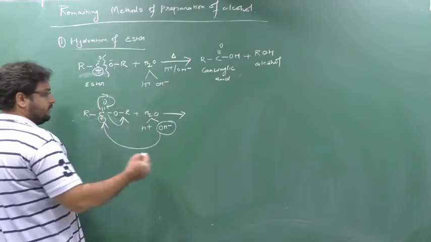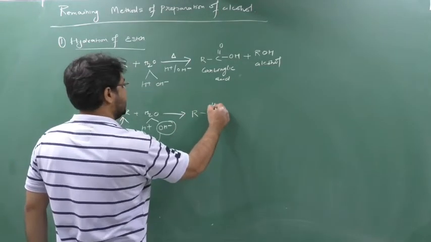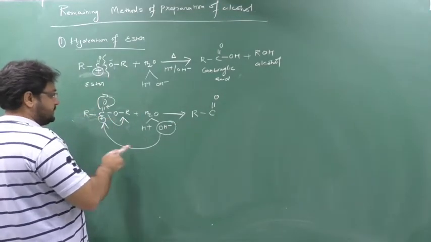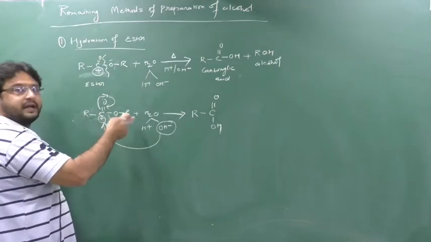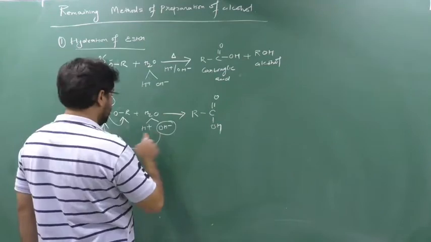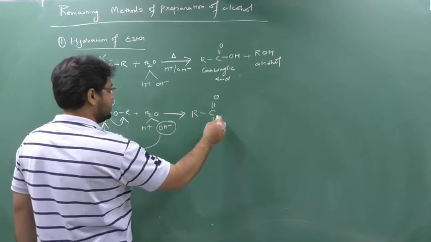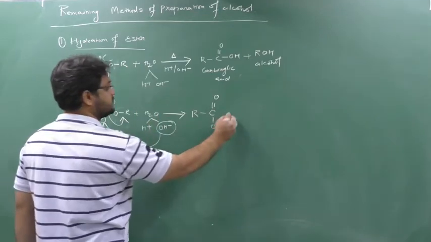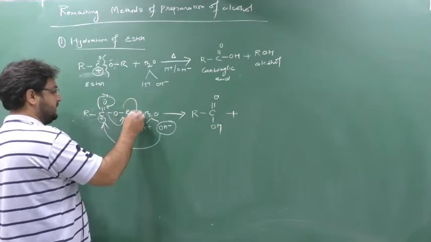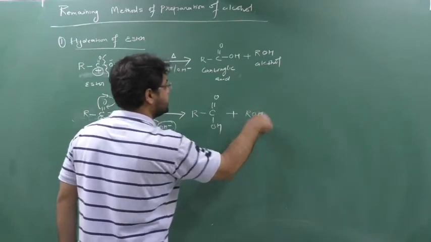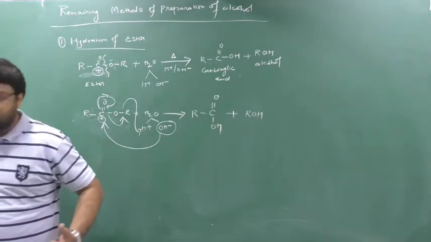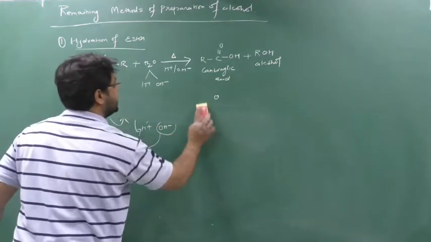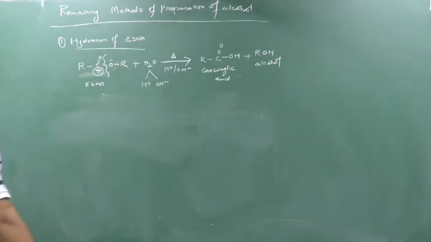So OR will leave. The double bond will be protected. This carbon is making a bond with OH, so OH will be formed, and OR will go. Remember, we have done this double attack in ester also. So carbon C 1, 2, 3, 4, and OR will go as OR minus, and there is an H plus, which will react with it. So ROH. In this way the reaction occurs. But there is no need to worry about the mechanism. Just you should know the answer. Why create confusion? Just remember this breaking in this way, because they have not asked for the mechanism.